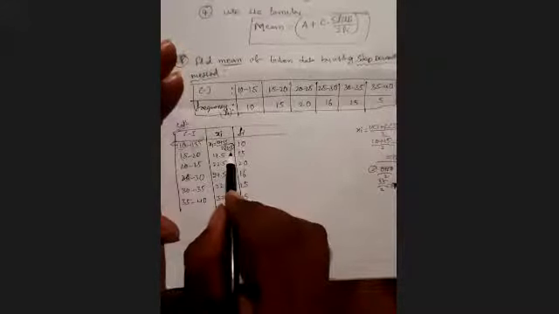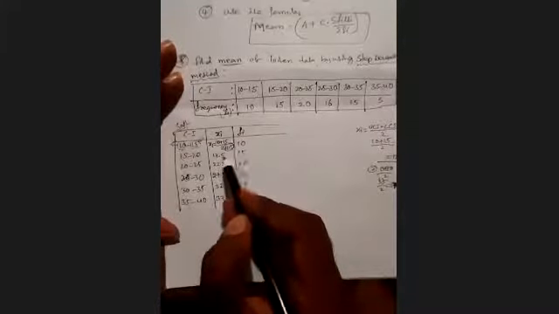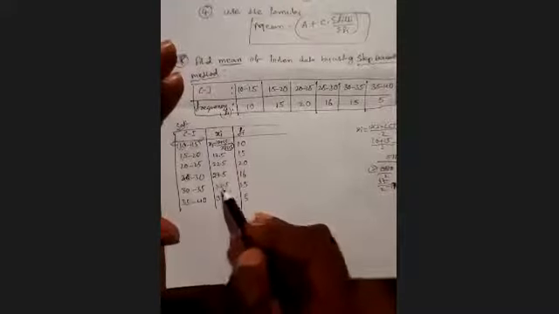And this will be 32.5. And this will be 37.5. How you can write these values directly: first you find this by using the formula 10 plus 15 by 2. After that you should add only 5. 12.5 plus 5, 17.5. Again add 5, 22.5. Again add 5, 27.5. Again add 5, 32.5. Again add 5, 37.5. Like this you have to add 5.